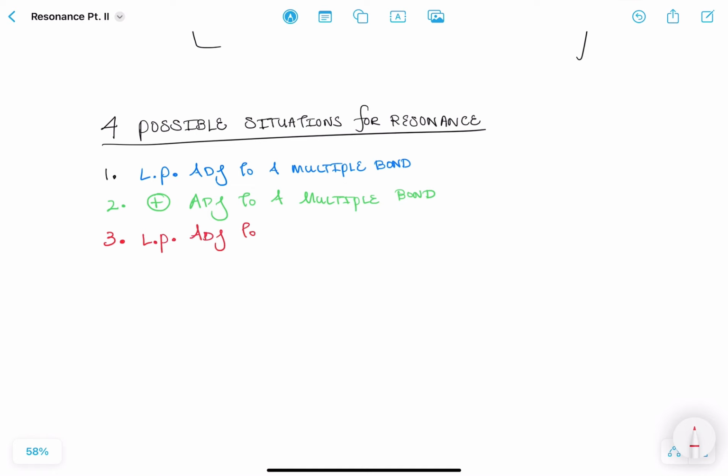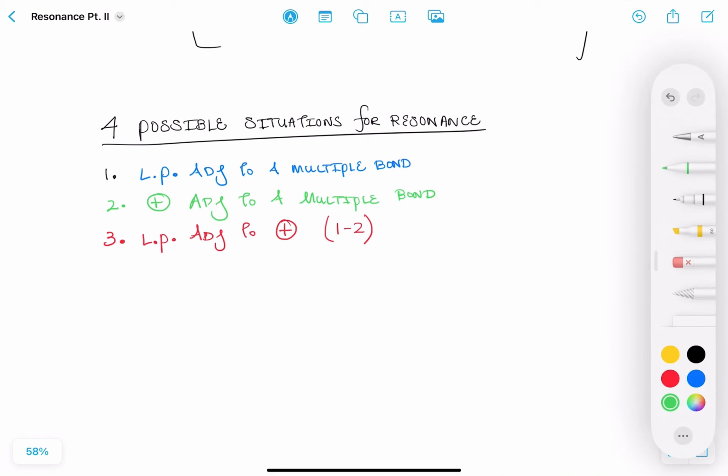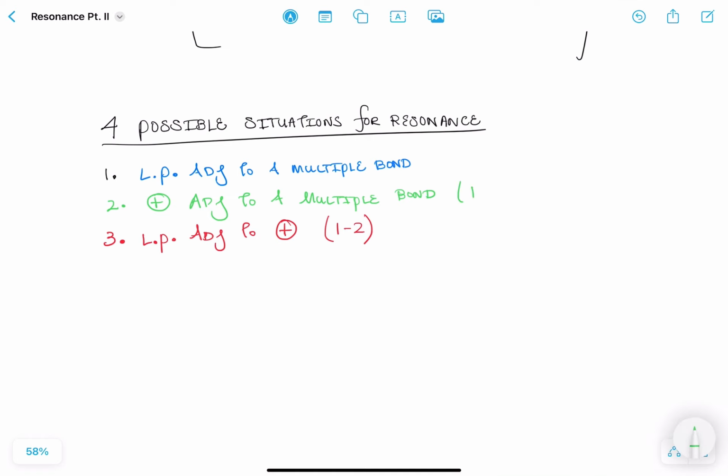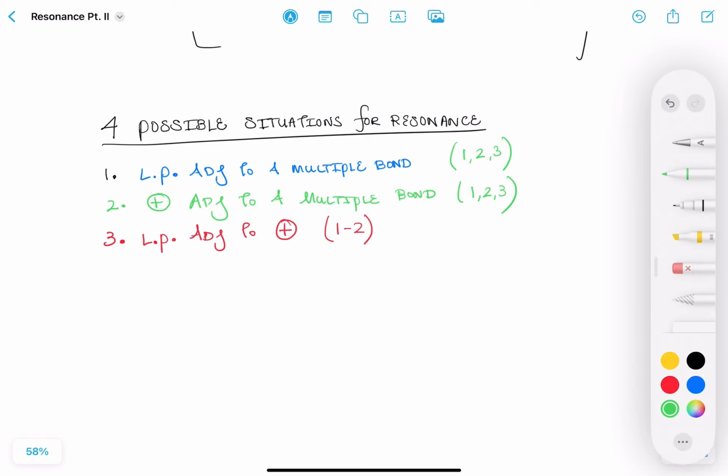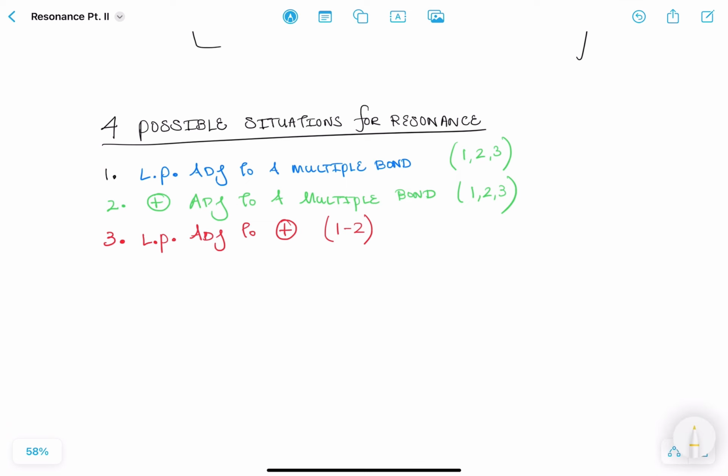Adjacent to a positive charge, and I'll just say 1-2 relationship. Here we'll say it's across 1, 2, 3 atoms, and there it's across 1, 2, 3 atoms as well. Whereas number 3 only deals with being across two bonds. So then when we go to number 4, it's a radical